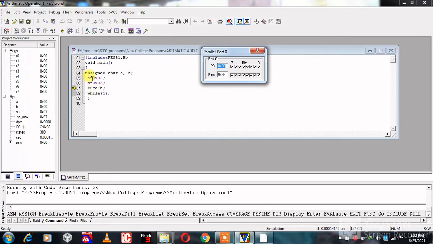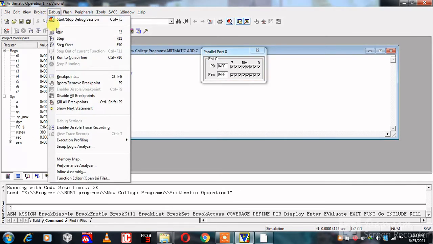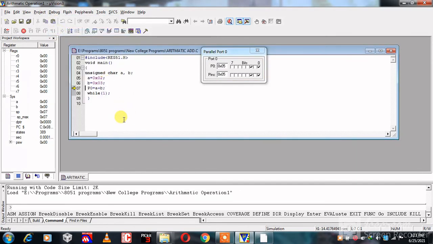The variable A is equal to 0x02. Then variable B is equal to 0x03. And after addition, the data is sent to port P0. Then run the program. Here our result is 0x05.